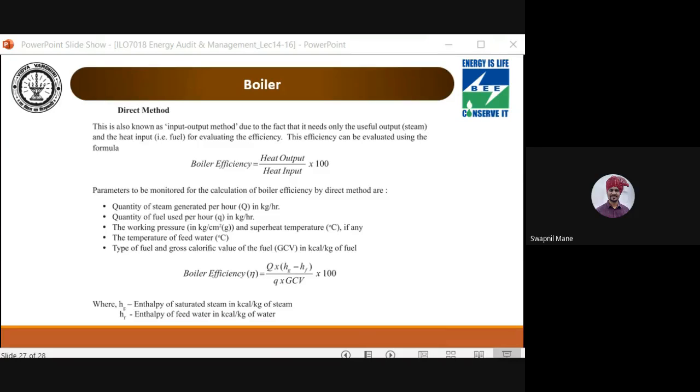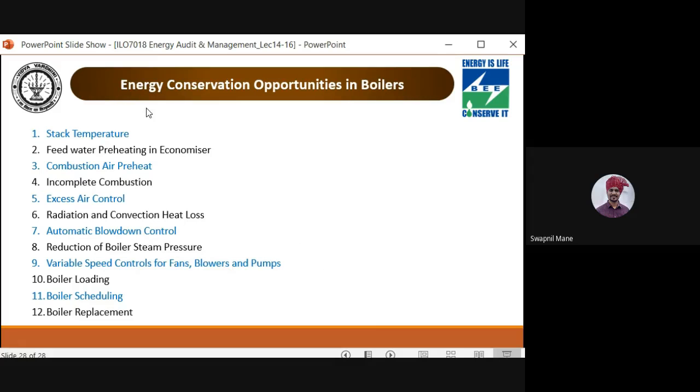More oxygen will cause the flame to disappear, whereas less oxygen will cause incomplete combustion. So there should be a proper arrangement and proper calculation of excess air so that complete combustion will take place. Okay. Moving further,